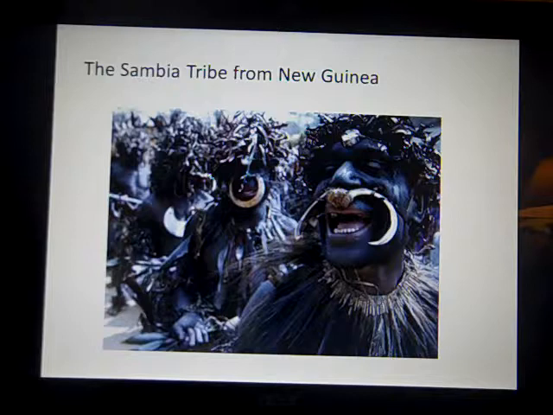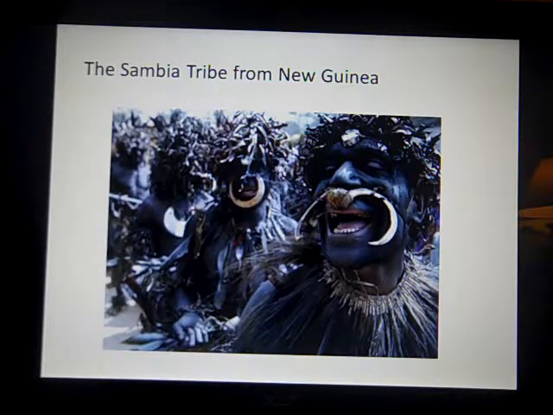Now, if you travel to New Guinea and we examine the Sambia tribe, and you can Google this if you don't believe me, there's a rite of passage. A lot of places, a lot of tribes in underdeveloped parts of the world, even in our part of the world, which is developed, we have rites of passage. As you are a young person moving into adulthood, college is a rite of passage. I've heard that casting your first vote is a rite of passage. Drinking alcohol when you're 21, don't do that, by the way, is also considered a rite of passage into adulthood.